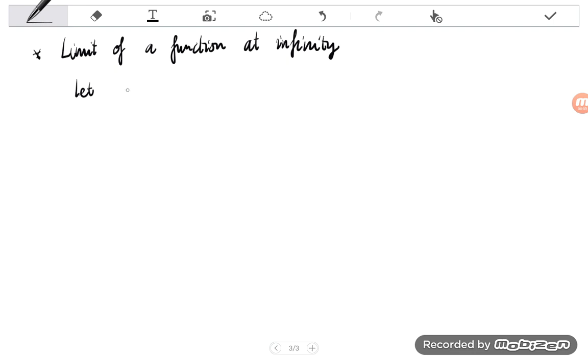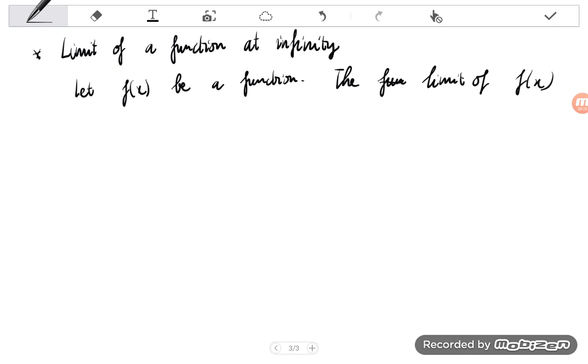Let the function f(x) be given. So the limit of the function f(x) as x increases without bound